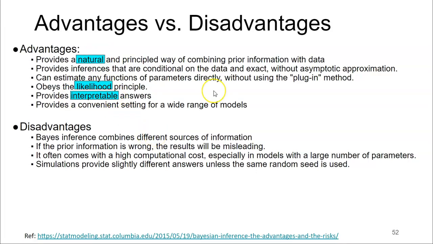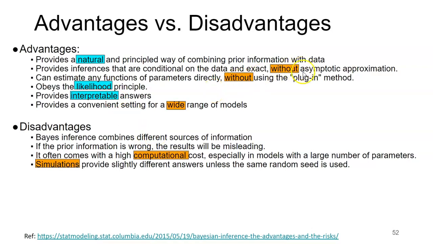The price you're going to pay to do that, though, is it's a little bit harder to not use the asymptotic methods and these plug-in values, and it's computationally very difficult. Simulations often help you do this, which 30 years ago, not even an option. Thanks to computers today, Bayesian stuff can actually be done, and there's been some great programming to help it. Also, you've got to be careful about the prior. You do a bad prior, you're going to get bad results.